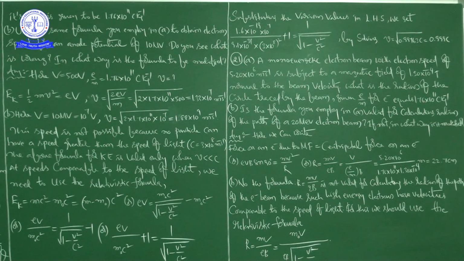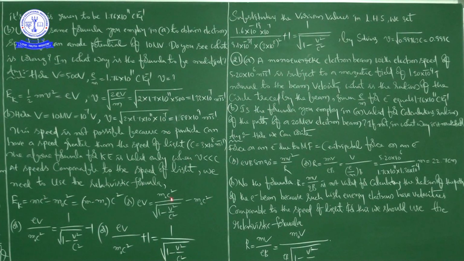Okay, right. So this speed is not possible because no particle can have a speed greater than the speed of light, that is what c is equal to 3 into 10 to the power of 8 meter per second, right. So what can we say? The above formula for kinetic energy is valid only when v is much less than c, right. And one more thing is, at speeds comparable to the speed of light, we need to